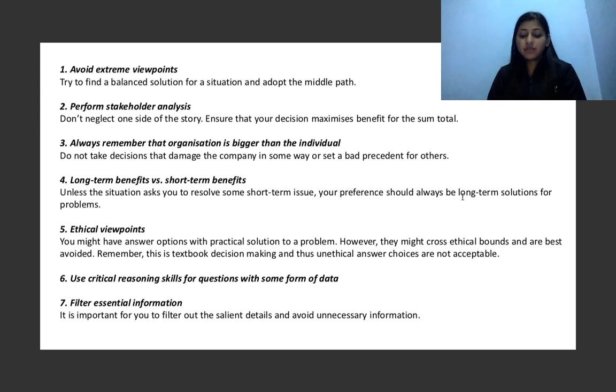Then long term benefits versus short term benefits. Unless otherwise asked, unless they ask you to resolve any short term